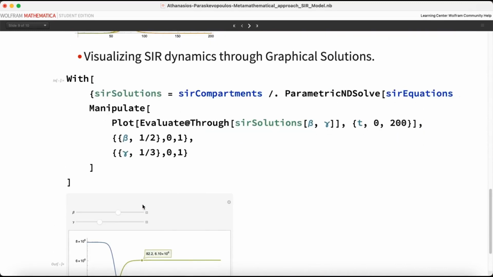Also, we can use the code to manipulate and change the parameters. The only parameter that we can change through our test is beta, the infection rate. For the whole test, we keep gamma, the recovery rate, the same.